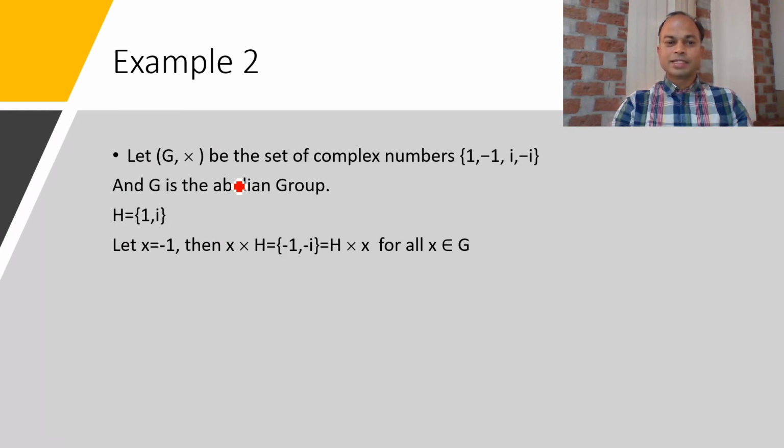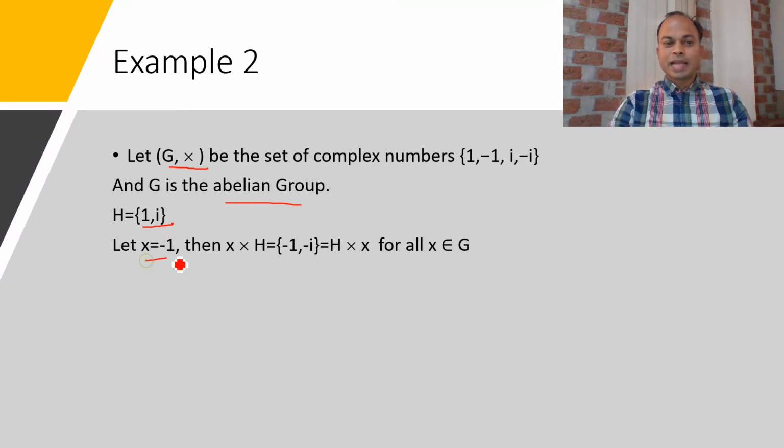If we talk about another example, say G is given under multiply and the elements are 1, -1, i and -i. This G is abelian and H is {1, i}. This H is a subgroup. We have to demonstrate that this H is a normal subgroup. We may also write directly that because G is an abelian group and every subgroup of an abelian group is always a normal subgroup, there is no need for any computation, but still we can compute.